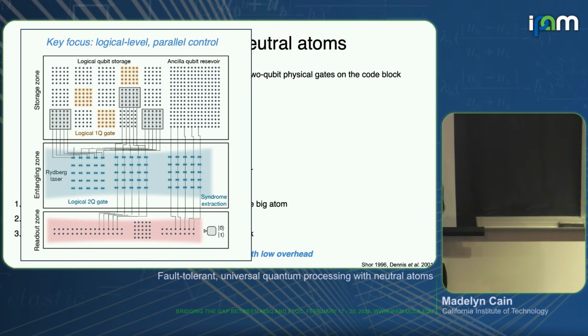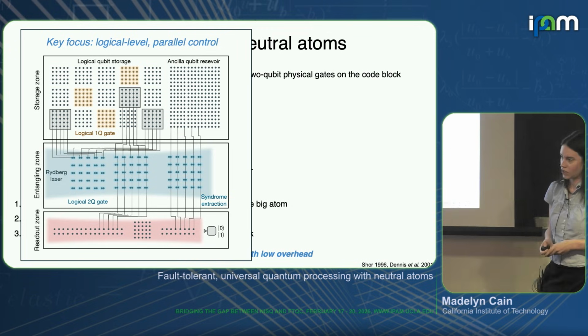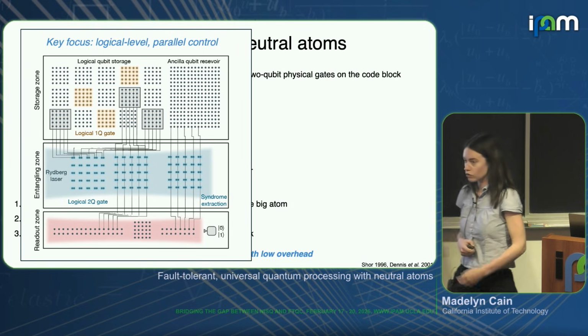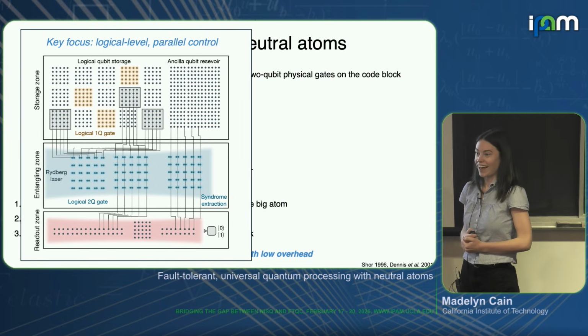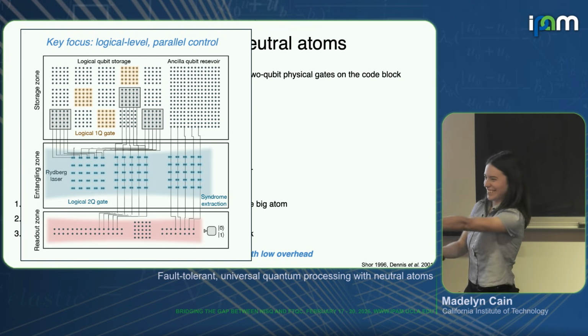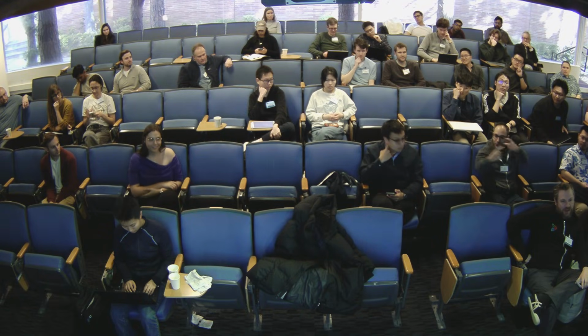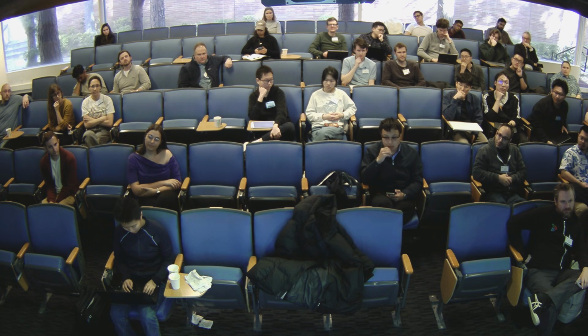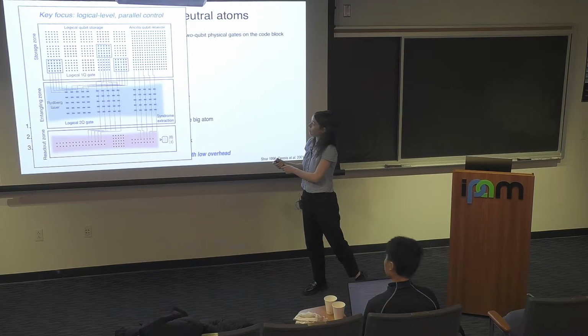So if you just illuminate a patch and do local single qubit rotations in the storage zone, you can realize a logical single qubit gate. Yeah. Oh gosh. Yes, you. So why wouldn't you just swap and route inside memory? Well, we do, but we do it by picking up a whole code block and moving it around.